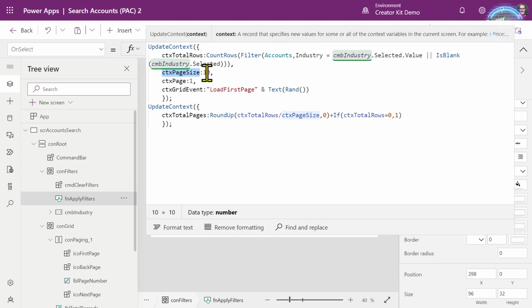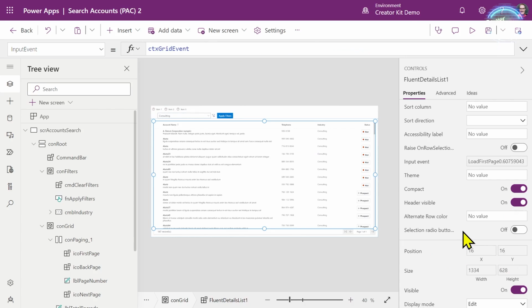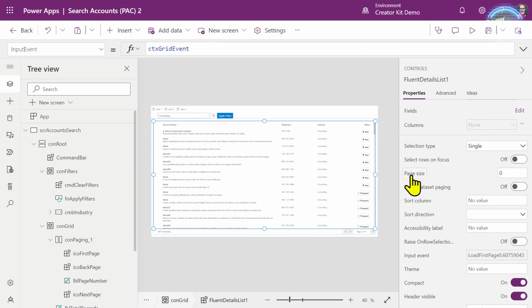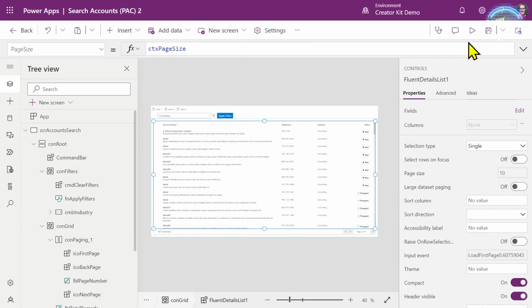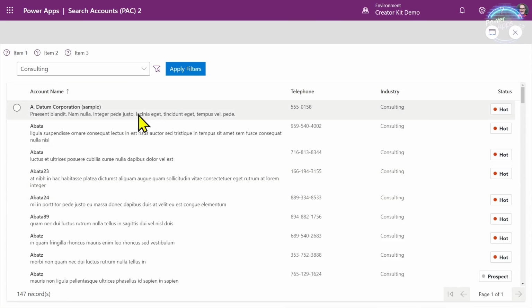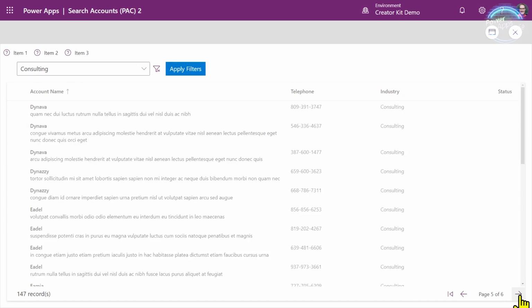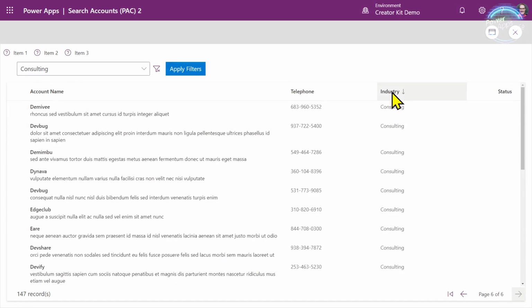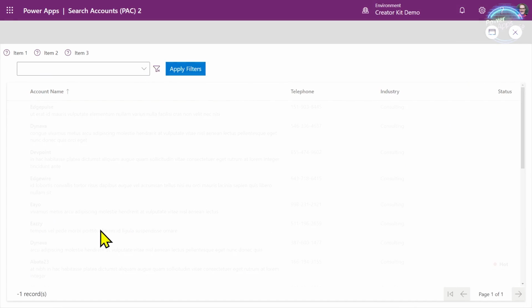And if we look at the apply filters, there's another context variable here, which is the page size. So let's set this page size to initially be, I don't know, let's say 25, like that. And there's a property again in the details list, which is called, as you'd expect, page size here. So let's pop that in. And then if we now go and run this apply filters, if we page through each of these, we can see it's now starting to page, which is great. And we are getting the filtering and the sorting.